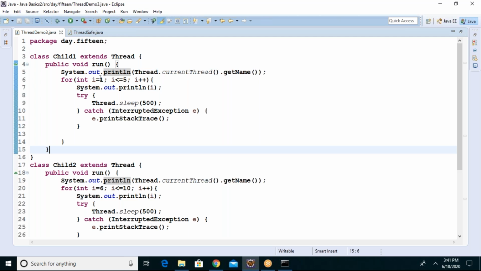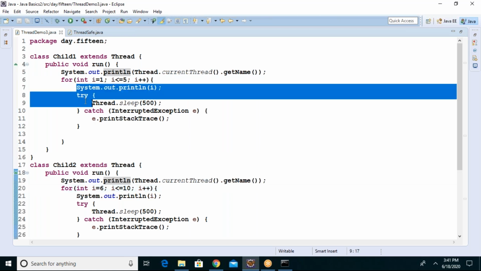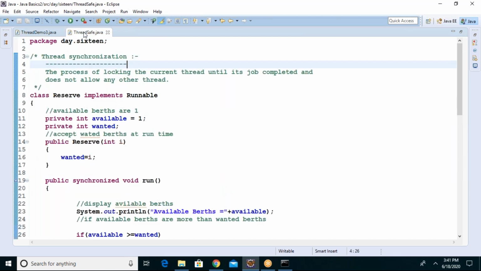See, when you have two threads, what is happening? First this thread is running, then that one is running, then again going back, and then it is running. But in some situations it won't work. Even in multi-threading we need to control the situation. One example.